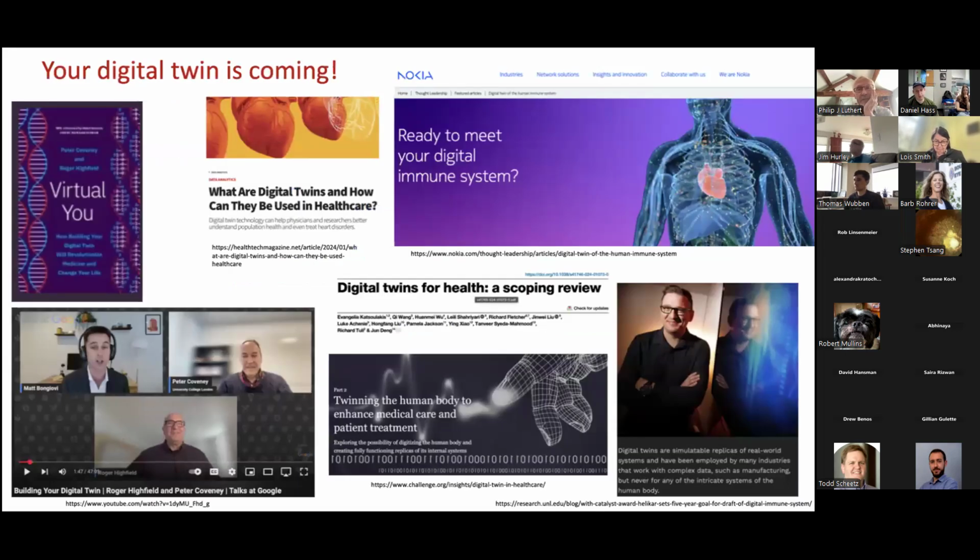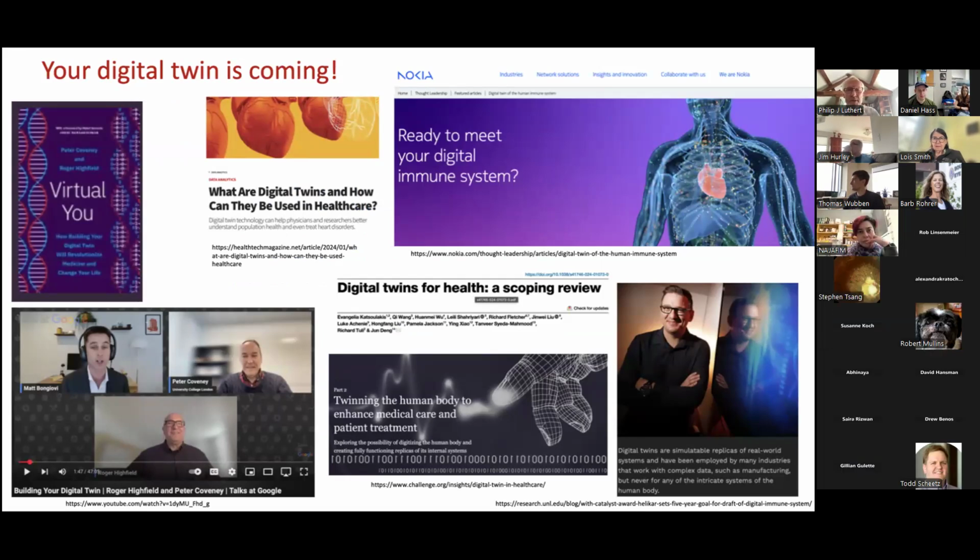And the individual strand in this collides with the really quite impressive work now being done around digital twins for healthcare. Digital twins have existed in engineering and the built environment for some time, but now people are really feeling that we can get traction on how individuals can have computational models of organs themselves. Peter Coveney and Roger Highfield, who are pictured in the bottom left-hand corner here, giving an interview, have produced a popular science book called Virtual You, which is quite a fun read.